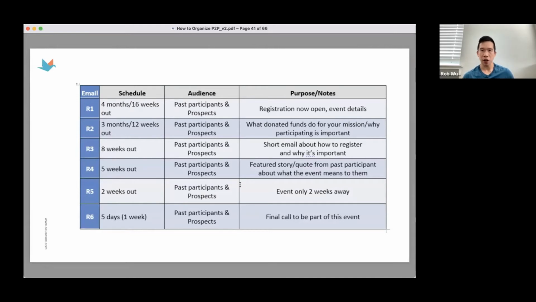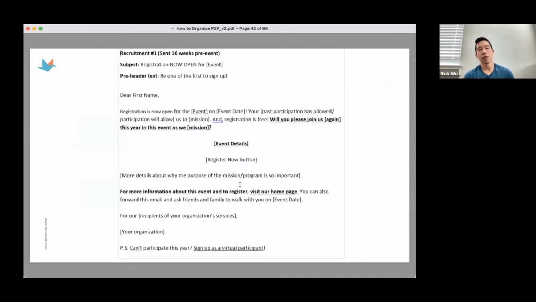This is basically just a chart, working backwards. When you set the end date of your fundraising, you can work backwards and create different newsletter touch points so that you can announce your campaign. You can say, oh, we're halfway, or you can announce different stories to engage your audience as well as to recruit additional peer-to-peer participants. Here's a different one.